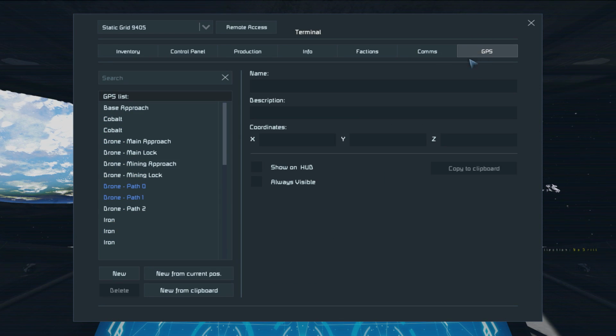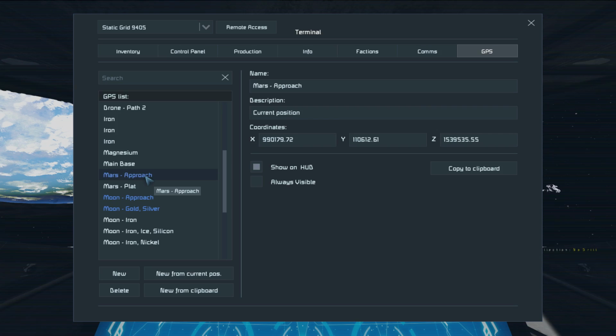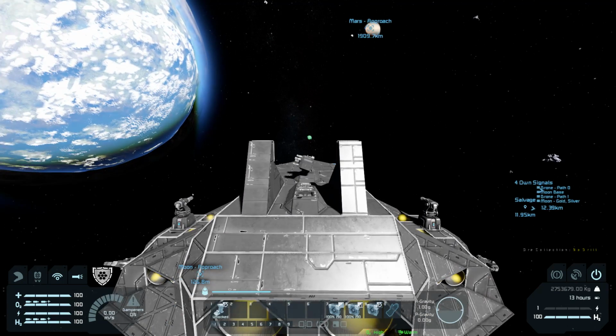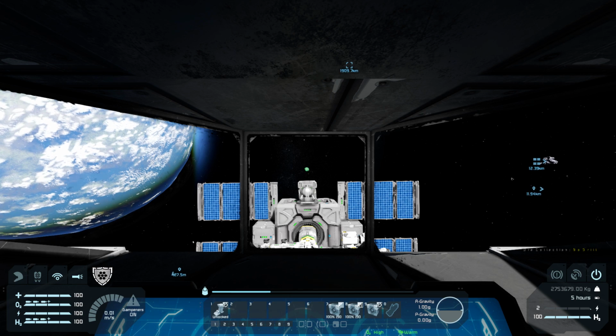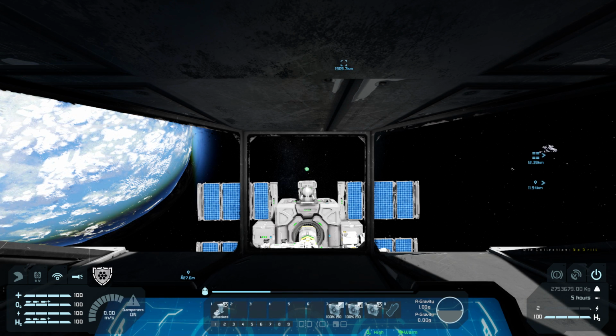Now, how is that reasonable? Mars, how far is Mars? Mars approach from here is, yeah, it's 2,000 kilometers. And that is even further. So it's actually going to take us multiple jumps to get out there. So we're going to aim at the alien planet